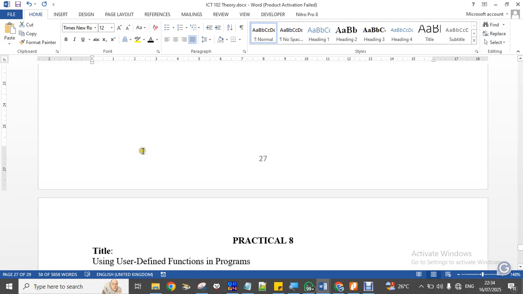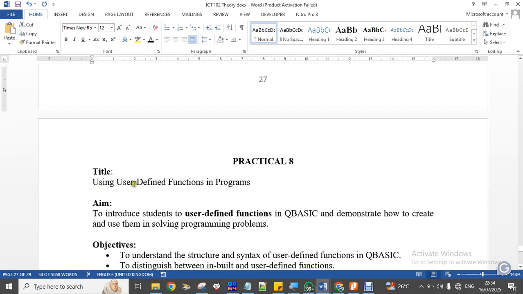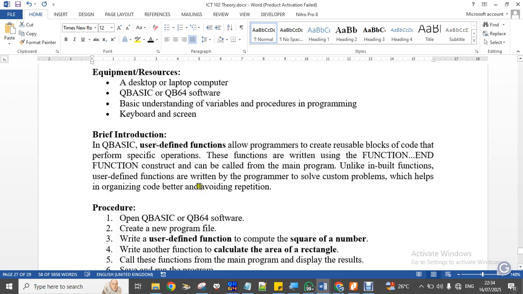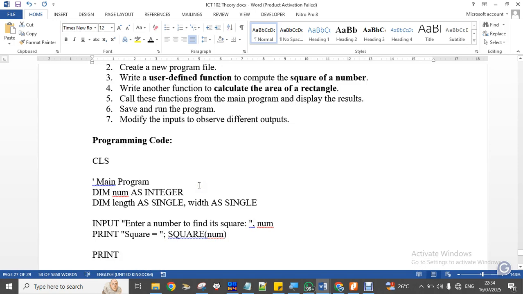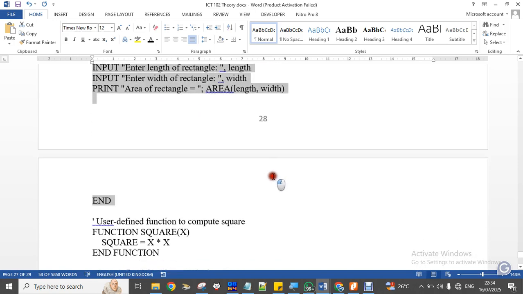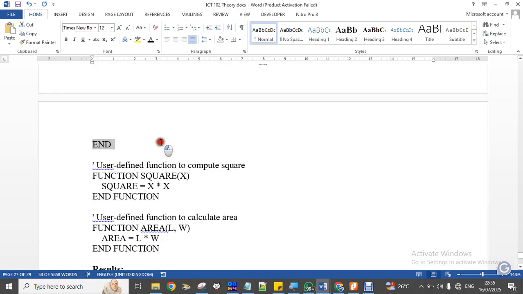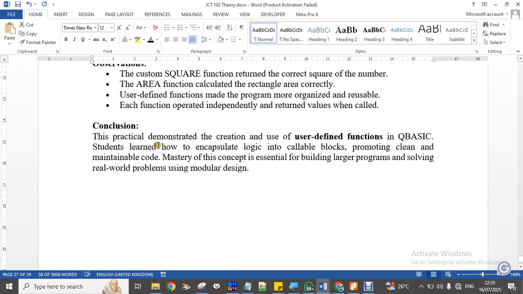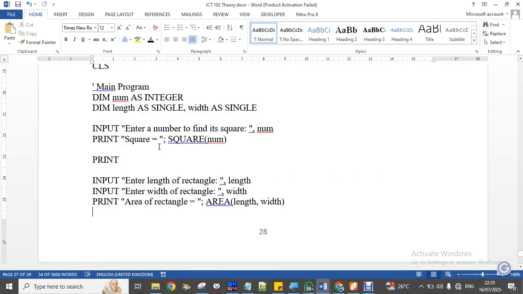So practical 7 is to show us using user defined functions. We have inbuilt functions, we have user defined functions. So let's go and check out the code again. We are going to copy this user defined function to compute square. Let me see this one. What we are doing is